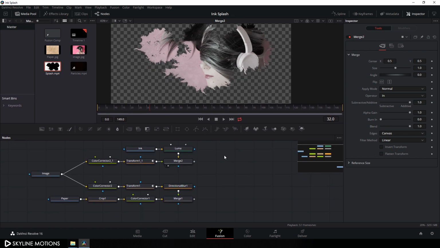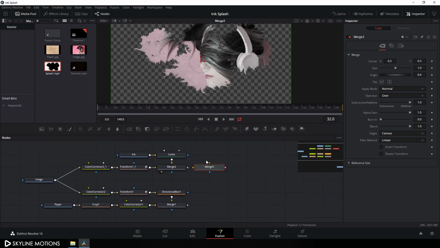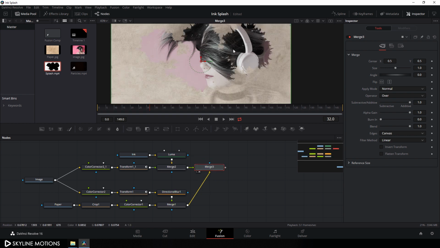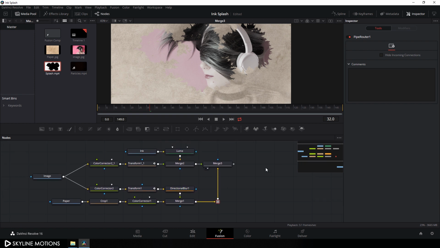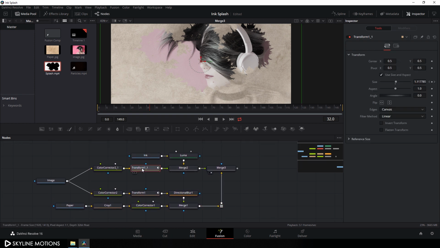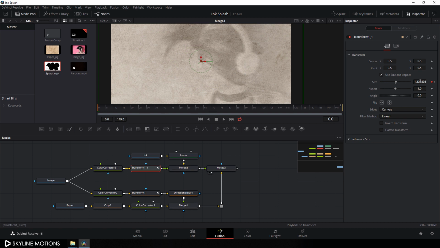And now let's take another merge node, so click on this merge button and connect this yellow point with this merge 1 and green point with this merge 2 and drag this merge 3 to the viewer and hold alt and create a junction. And now select this second transform and go to very beginning of this animation and set this scale value 1.2 and hit enter